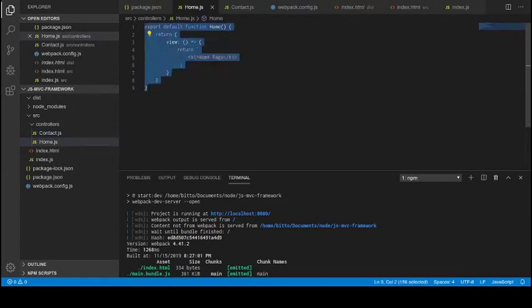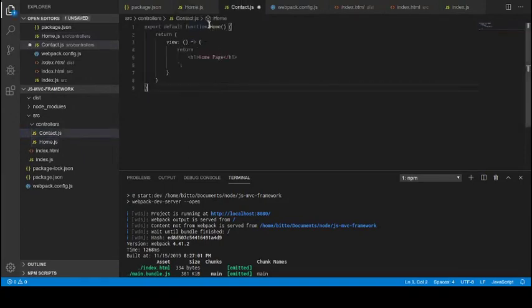I'm going to copy it, paste it, and change it to contact page, and the contact page will show a contact page header. We will be adding all our HTML into this here. We will extend these controllers later, but before that